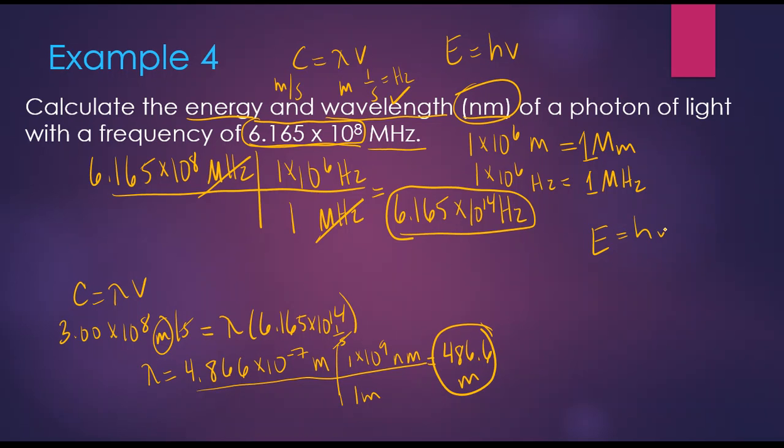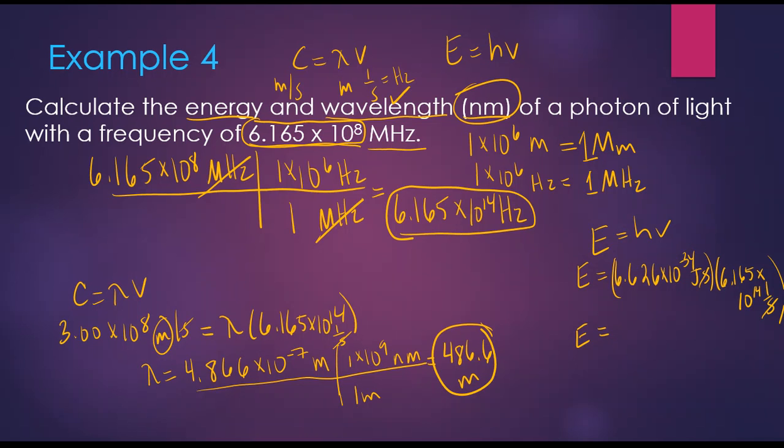E equals hv. I don't know the energy. I do know Planck's constant, 6.626 times 10 to the -34. Once again, you're not responsible for memorizing that because it's on your formula sheet, so you should be able to just look it up. Times our frequency here, 6.165 times 10 to the 14th hertz, which is 1 over seconds, which you'll notice here the seconds will cancel and you're left with joules. When you multiply those two together,